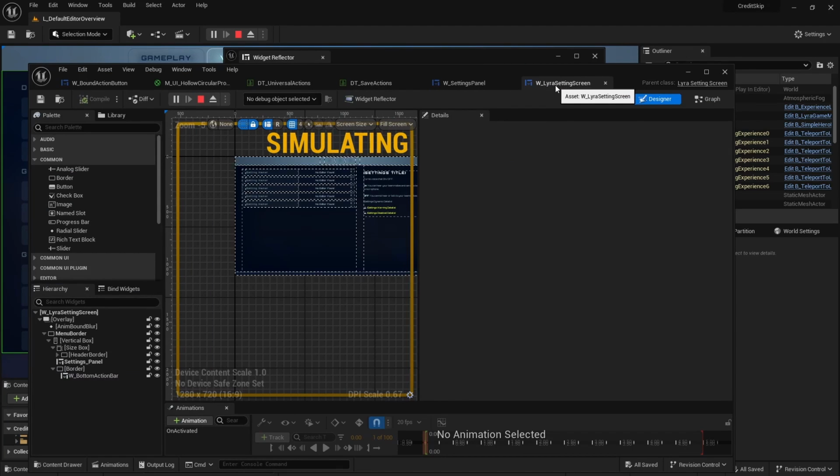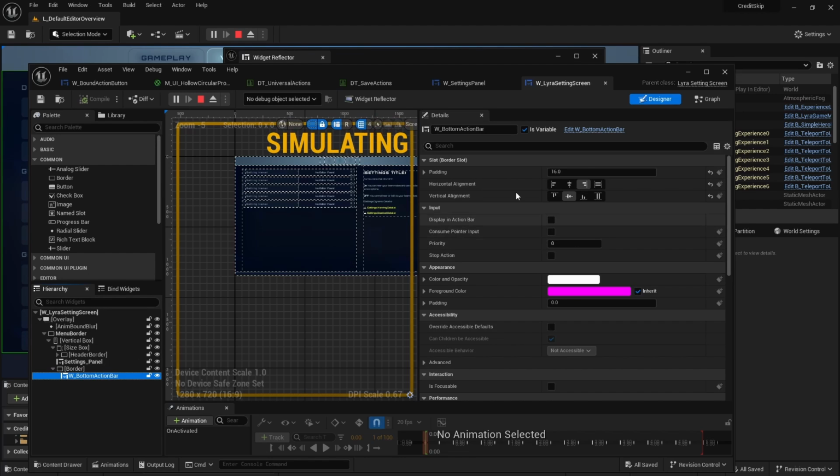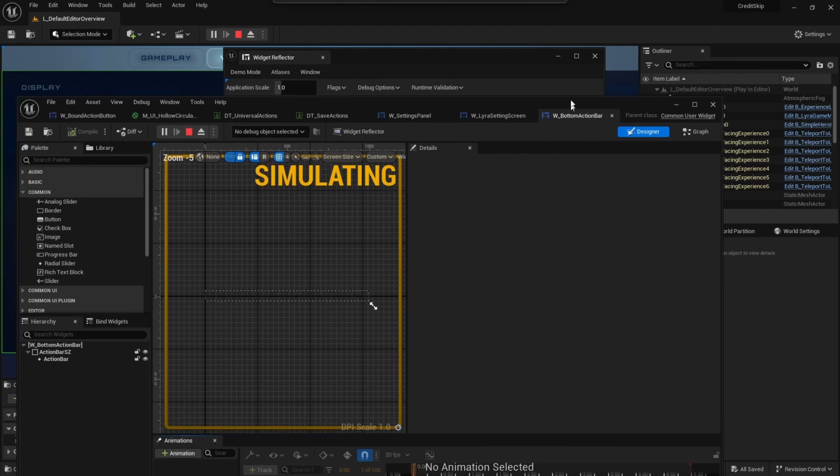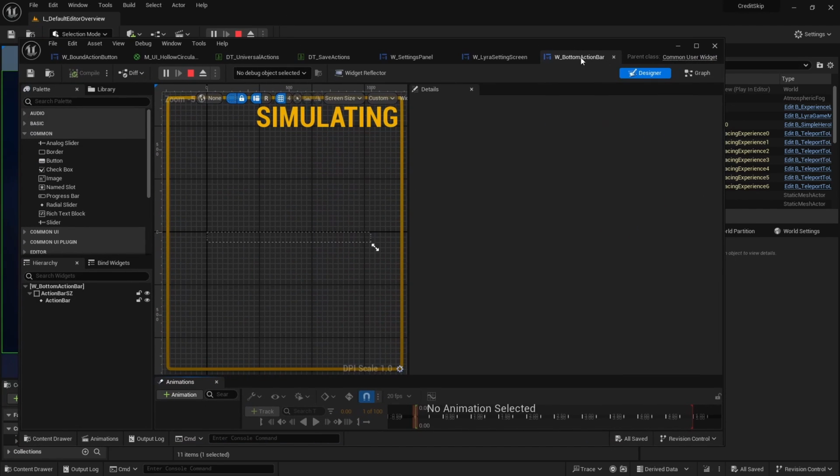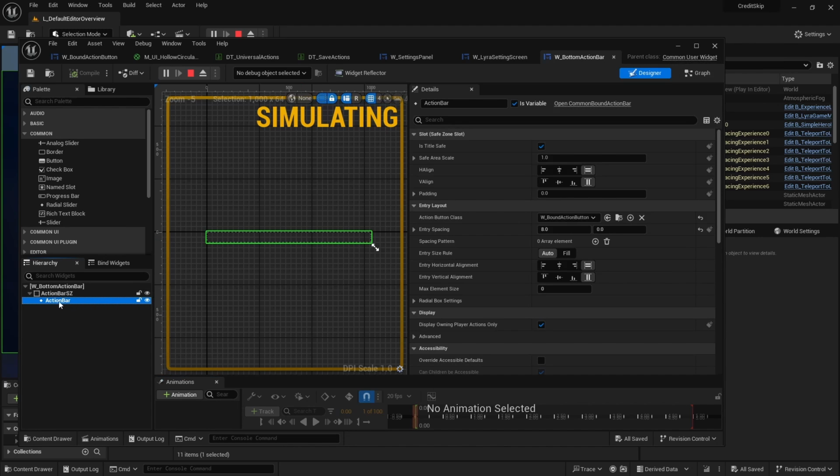And you'll notice that the Lyra settings screen, which is essentially an activatable widget if you compare to a non-Lyra project, has a bottom action bar. The bottom action bar is just a common user widget, and it uses this common bound action bar.